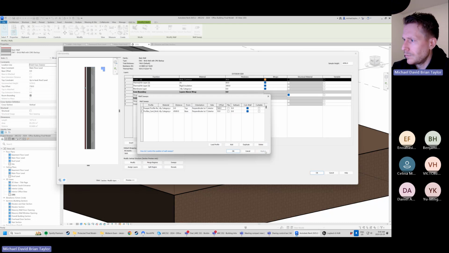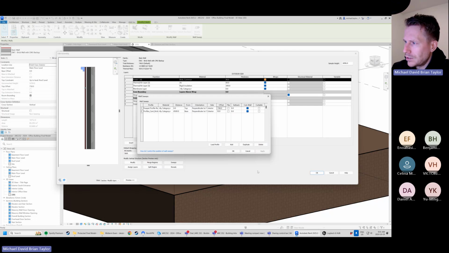Hit apply. I'm going the wrong way. So this is what I was saying about I hit negative 748. We've now got this exterior facing profile. That's a lot of extra steps for us. So to simplify things, what you could do is just modify the original profile family instead of having all these